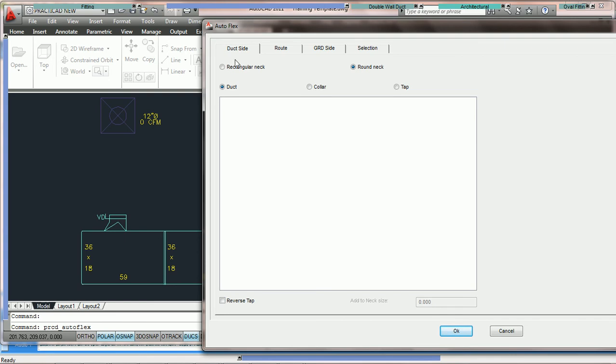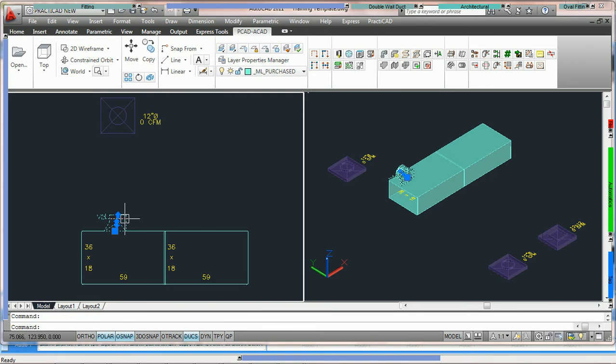Well, we can still use the Autoflex automatic to attach between the end of this existing duct to the grill by utilizing the duct option. So what we would do normally is we'd highlight the duct or tap we'd like to attach from, and then we'd highlight the grill. We'd come over here to the Autoflex icon, and then in here we would go under